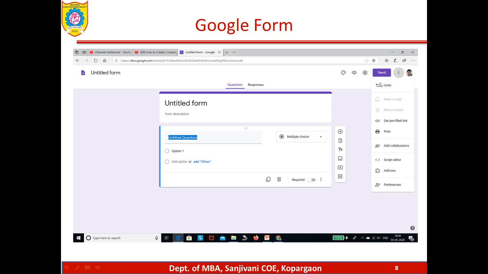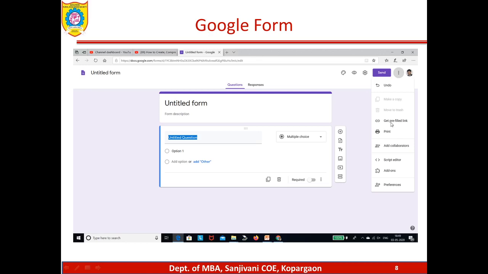In the send option, you find the undo button. Generally, all Google Forms are an online tool, so whatever changes you have made will be visible to the respondent immediately if you have shared the link. That's why sometimes we make changes and forget to save them, and that's why there is an undo command.